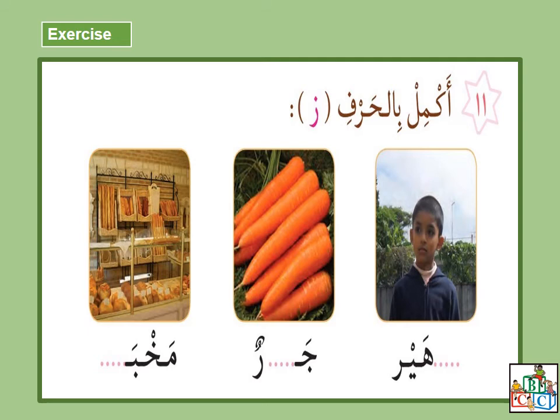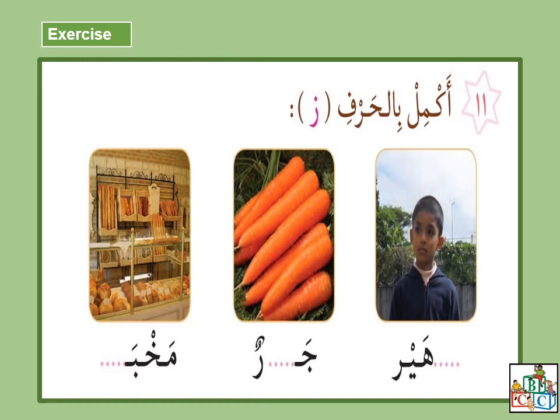The Z is missing. So the first picture, the Z will be in the beginning, like you can see where's the blank space line. The second picture, the Z is in the middle. And the last picture, the Z must be at the end. And don't forget, like we practiced before, the Z goes down the line. So the first one, the name of that boy is Zuhair. Zuhair. So you have to put the Z separate, not attached with the Ha. And a dhamma must be on it.